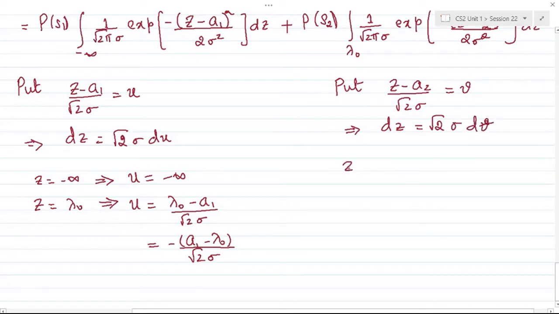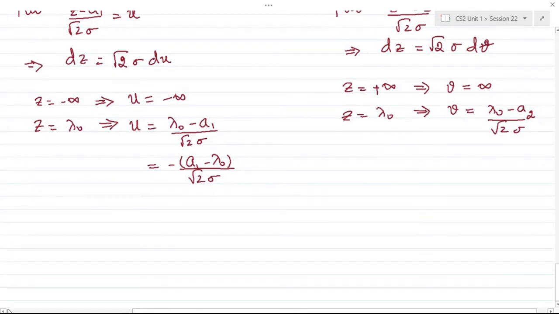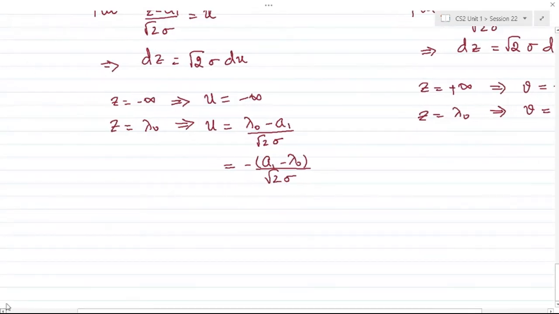For z equal to plus infinity, the upper limit, v will be infinity, and for z equal to lambda naught, the variable v will become lambda naught minus a2 by root 2 sigma. So with that substitution, our probability of error will become